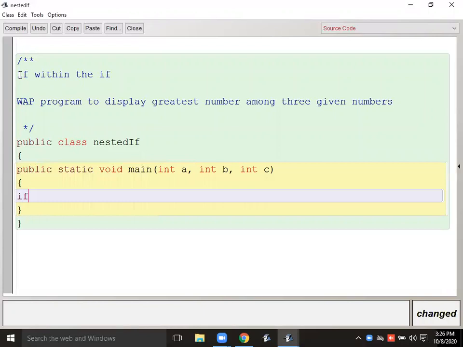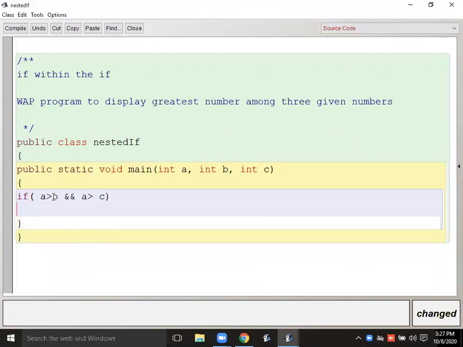Now see, when a number will be greater, if I am talking about the number A, when is this A going to be greatest? When it is greater than the B and then the C. Okay, both the conditions. Earlier we made this condition as A greater than B and A greater than C. If I'm making this program by using nested if, then if this condition is true, only then this condition is going to be checked.